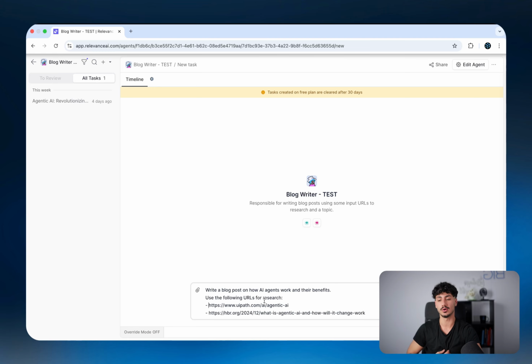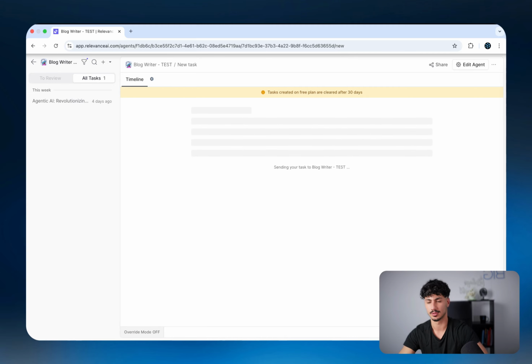So I gave it 2 URLs and I told it to go and write a blog post for me. I didn't tell it how it should go and write the blog post. I didn't tell it how it should research those URLs. I just said, go write a blog post on a certain topic and use these websites to gather information. Now let's run it and see what happens.